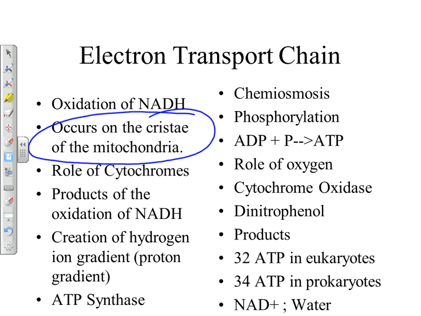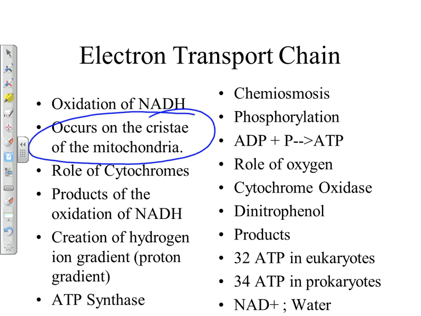Another important point. Do some bacteria do aerobic respiration? Can bacteria do aerobic respiration? Yep. Do bacteria have mitochondria? No, they don't have any organelles, right? So where does this happen in a bacteria? Turns out this part, electron transport, has to have a membrane, because it has to have proteins that are embedded